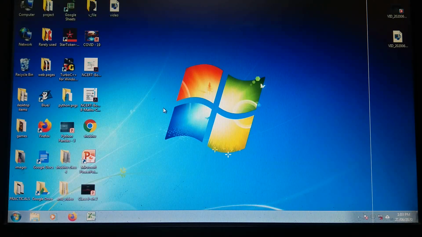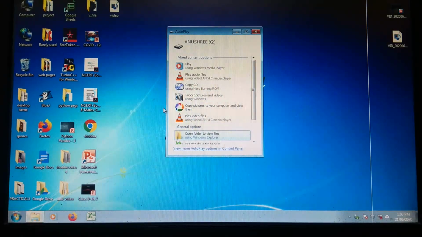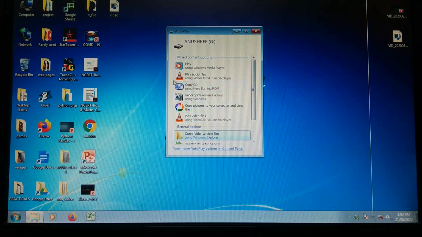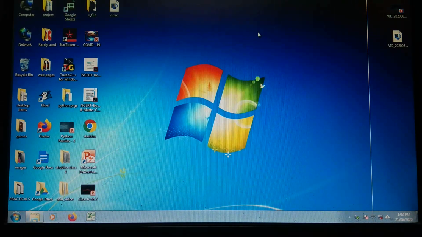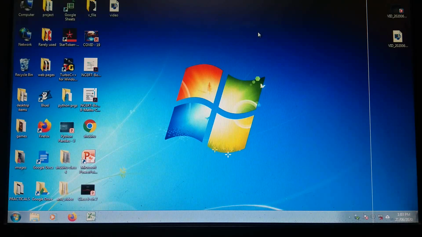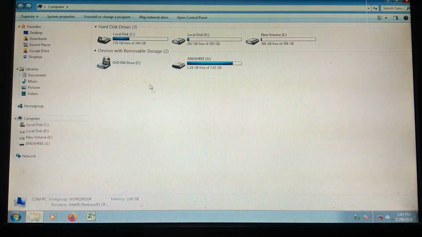Here I am inserting a removable disk into the computer. So whenever we insert a removable disk or pen drive, after attaching it, it shows a box or window. If you want to open a file stored in this removable disk, you can click Open folder to view files. Recently, I closed this box and I want to copy the notes file which is stored in D drive to the removable disk. Double click on this computer.